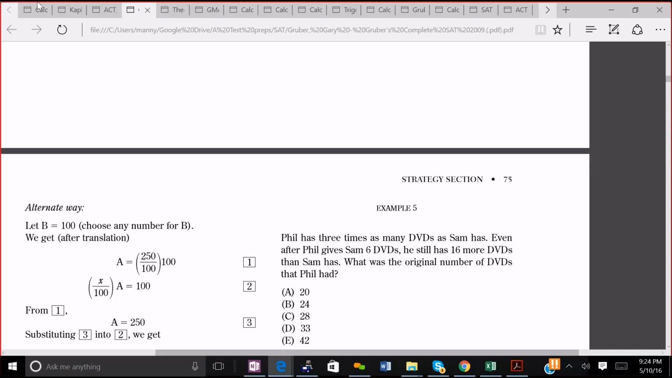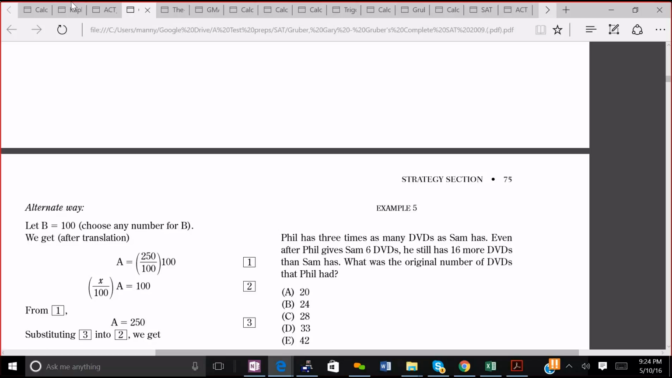Yeah, she'll have plus 6. So on one side I have Phil is 3x minus 6, and then Sam is 3x plus 6. Yes, so Sam will have x plus 6, because Phil will have 3x. Yeah, just x plus 6. And then